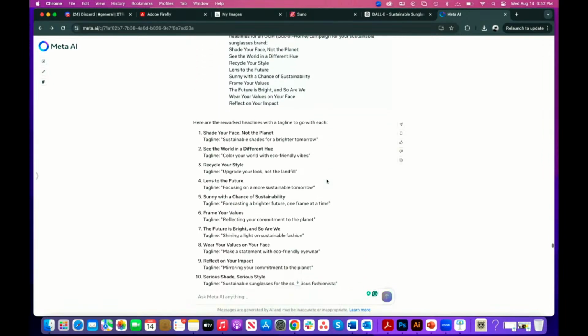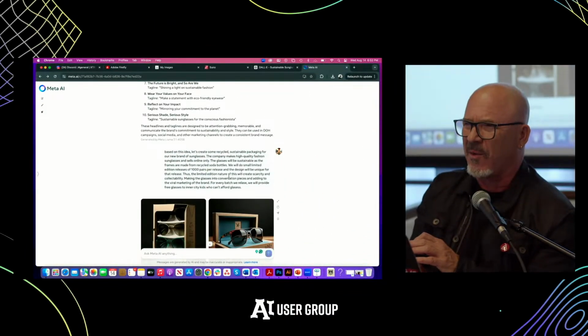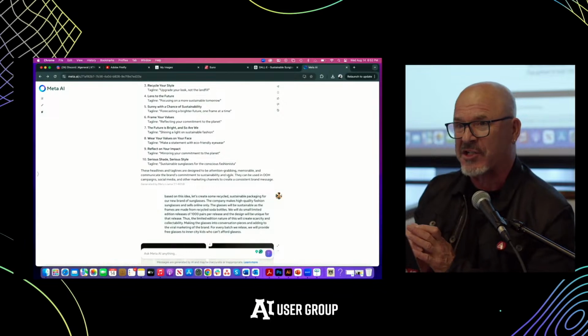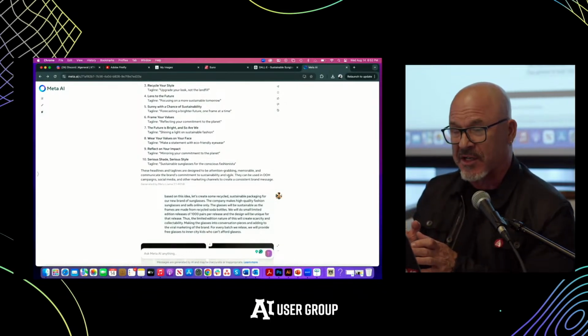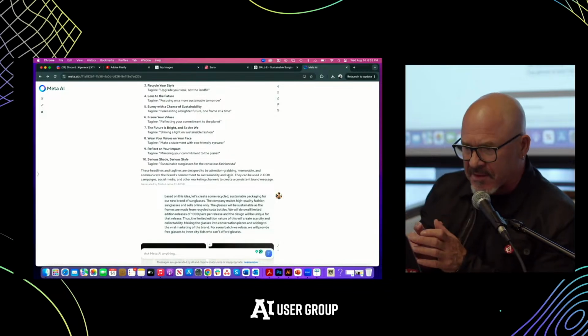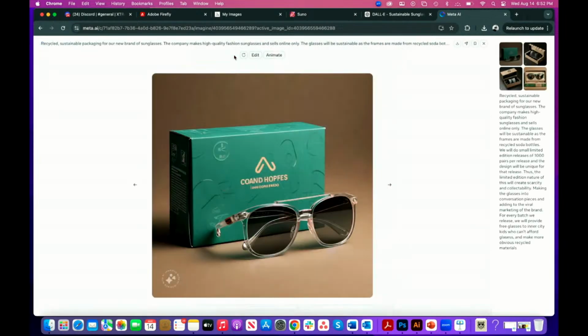And then after I did the headlines and the taglines, I wanted to see if Meta could do packaging. Now, I know that Midjourney and DALL-E can do packaging. I was a little nervous about this whole Meta thing. I'm not going to promise any greatness, but it did take a whack at it. We're going to look at a few things here. I mean, it's not horrible. You could put your logo in there and do what you've got to do,